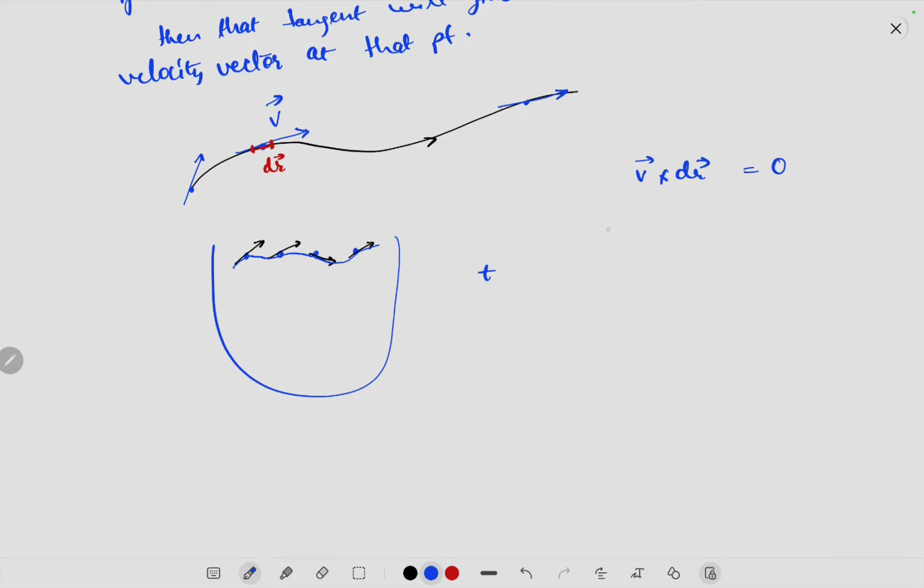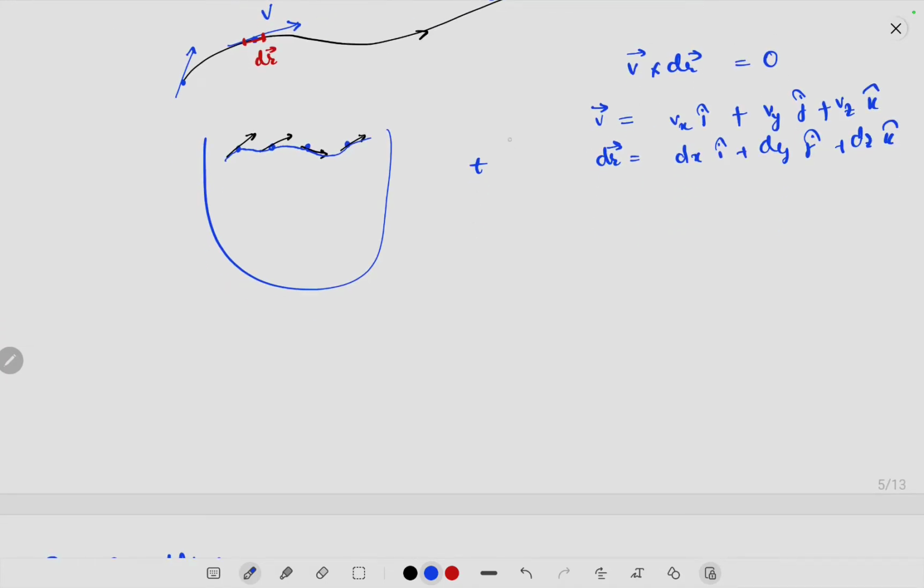So let's write v vector in terms of the orthogonal axes i hat, j hat and k hat. Let's say this is vx, this is vy, this is vz. So this is how I can write v vector. Then dr vector would be given as dx i hat plus dy j hat plus dz k hat. Now since v cross dr equals 0,